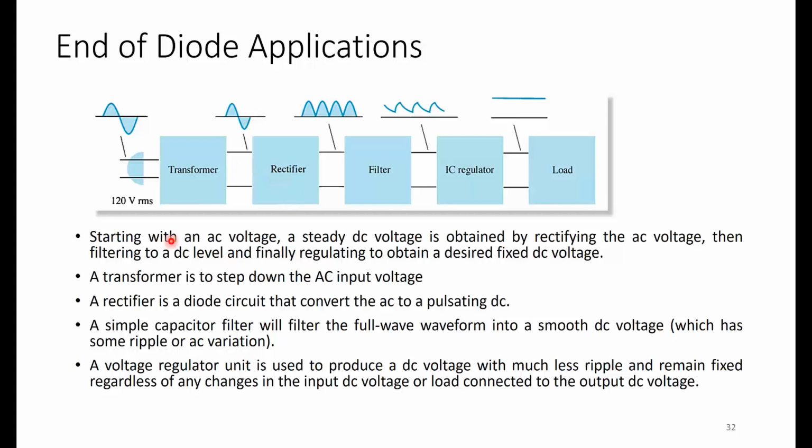Okay, a steady DC voltage is obtained by rectifying the AC voltage. Okay, first we pass it through the rectifier, then we pass it through a filter. Because the filter can be a simple capacitor filter, so you can find across these power supply circuits huge values of capacitor,